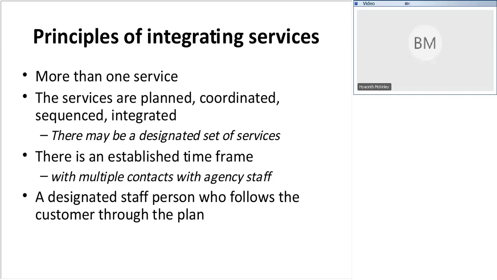In our call last time, we talked about how the community action agency that we mentioned brought things together, integrated things. And one of the key pieces was a designated staff person who can really help to bring this together. And that's true at the management level, and it's also on the direct service level, because you need to have a staff person who helps the customer go from service to service. And that there be clearly defined outcomes. What do we want to see happen that might be different?